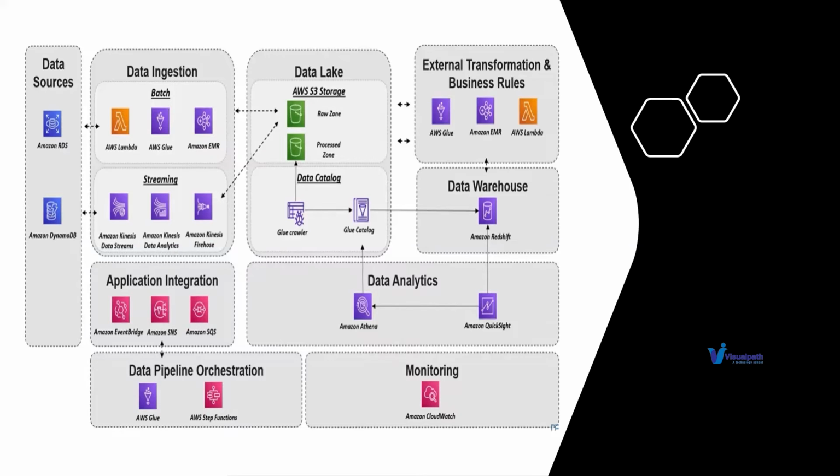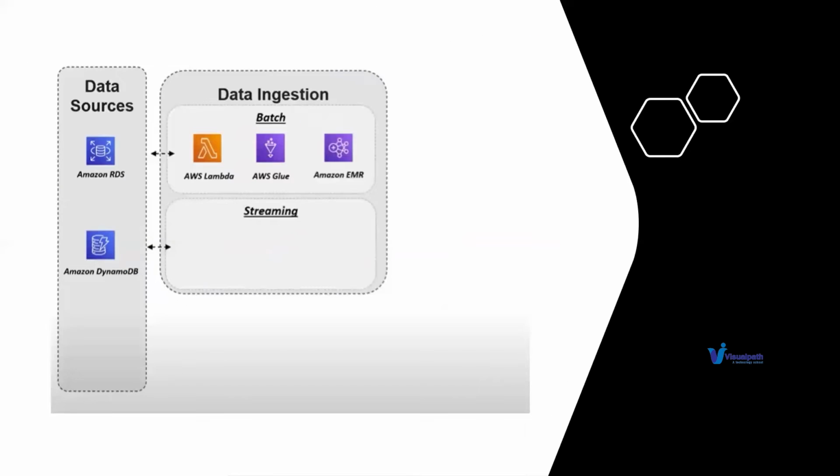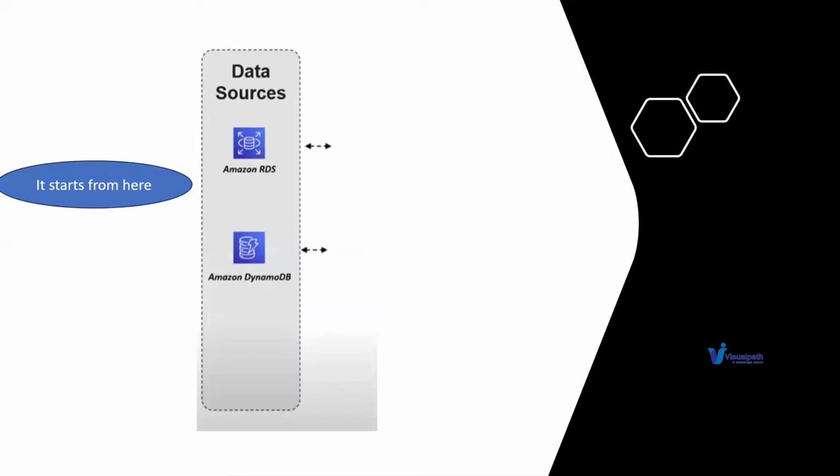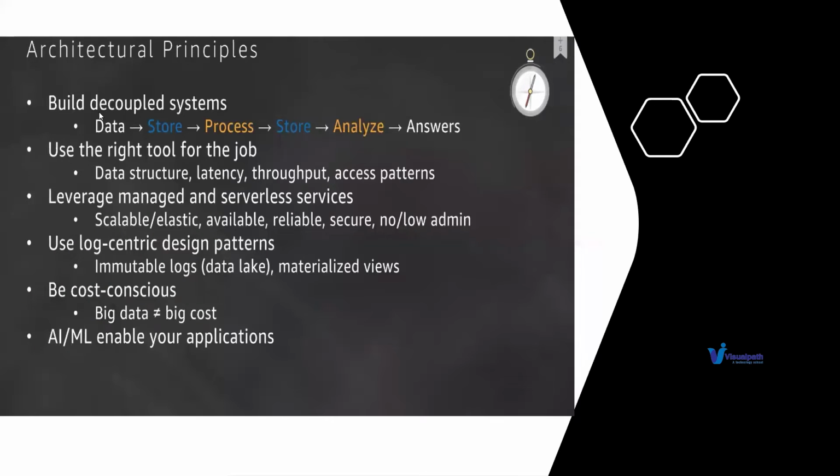Now, if you go back to the previous slides, I have told you I have a reference architecture, right? What is that reference architecture? Go back and see here. Decouple systems, integrate them. Right tool for the right job. I told you for batch processing, we'll be using something. For streaming, we'll be using something. For data warehouse, we use something. For data lake, we use something.